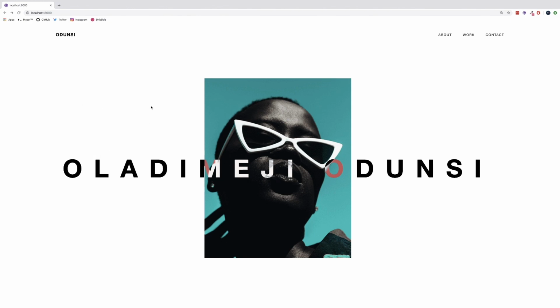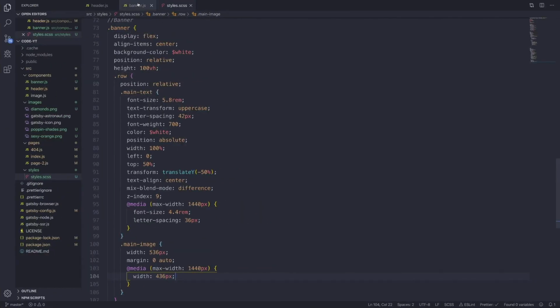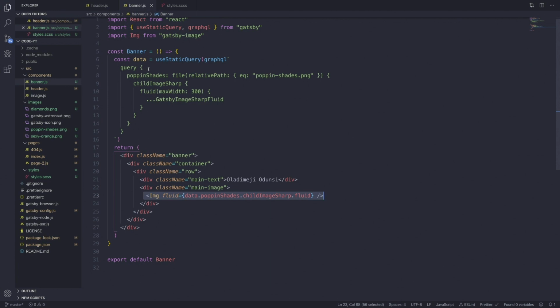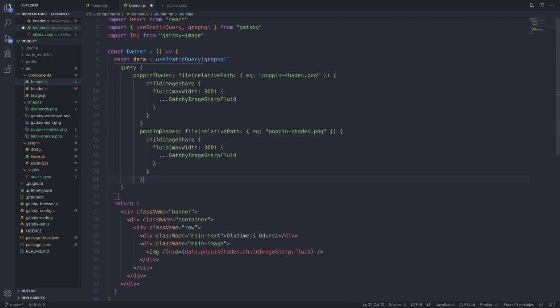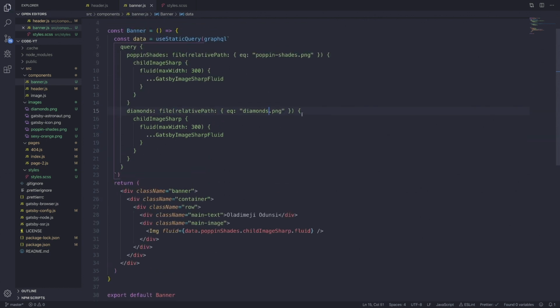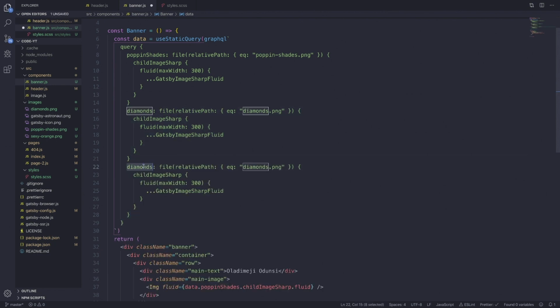Now, what we could do next is add in our 2 other images. So let's go ahead and do that. Back in our banner.js, we can copy this pop-in shades 2 more times and change it so that anytime we access a property of orange, like the sexy orange, or the diamonds one, we're going to return the Gatsby image version of that file. We can copy the pop-in shades here and rename pop-in shades to diamonds, and change the PNG to diamonds as well. Save that, and we can do this again by copying the diamonds and changing diamonds to orange and bringing in sexy orange